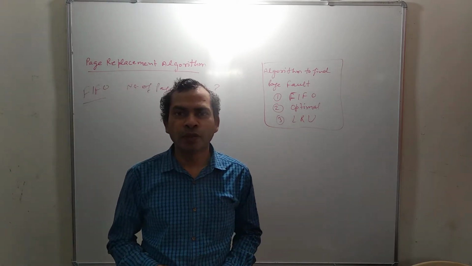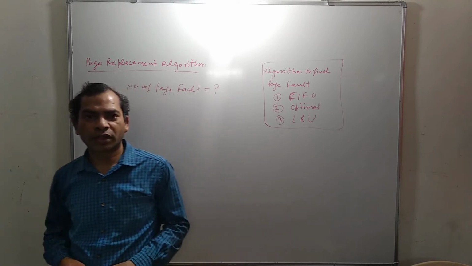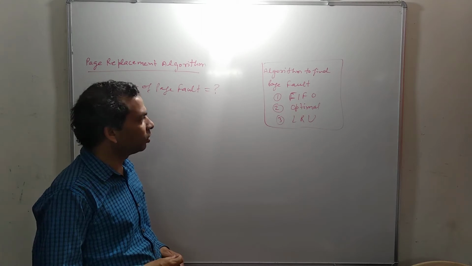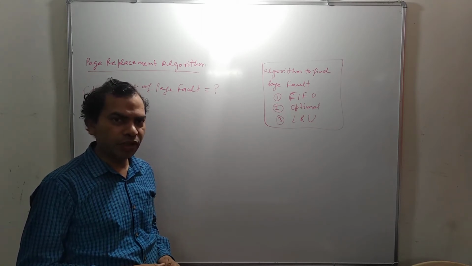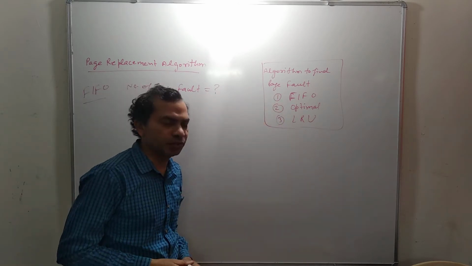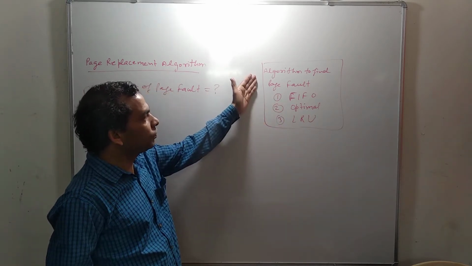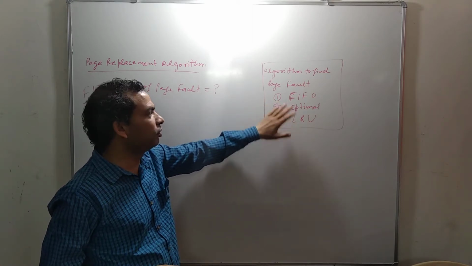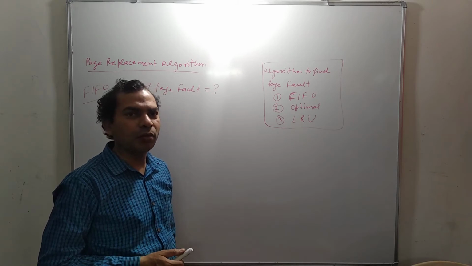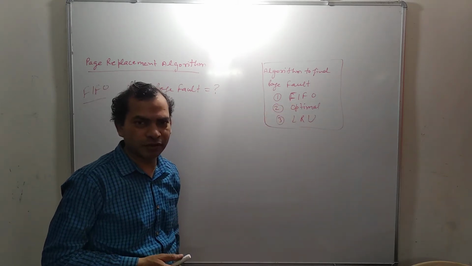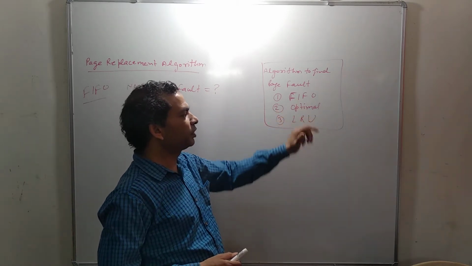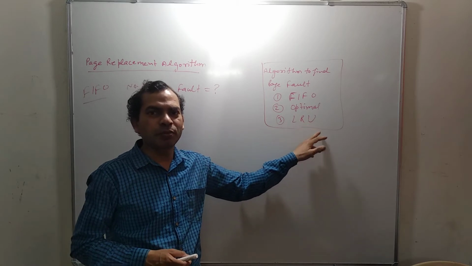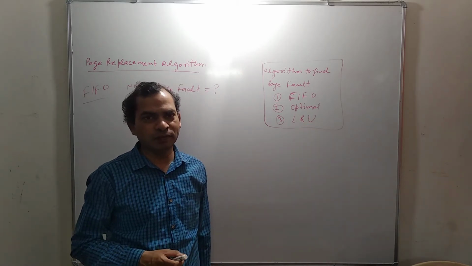आज के इस लेक्चर में हम समझेंगे कि किस तरह से पेज रिप्लेसमेंट एल्गोरिथम वर्क करती हैं। तो नंबर ऑफ पेज फॉल्ट को फाइंड आउट करने के लिए जनरली हम पेज रिप्लेसमेंट एल्गोरिथम का यूज करते हैं। वैसे तो बहुत सारी पेज रिप्लेसमेंट एल्गोरिथम अवेलेबल हैं, जिनमें से 3 बेसिक एल्गोरिथम्स को अभी हम स्टडी करेंगे। Number 1 is the first in first out algorithm, commonly known as the FIFO page replacement algorithm. Then second is the optimal page replacement algorithm, and the third is the least recently used page replacement algorithm, that is the LRU algorithm.